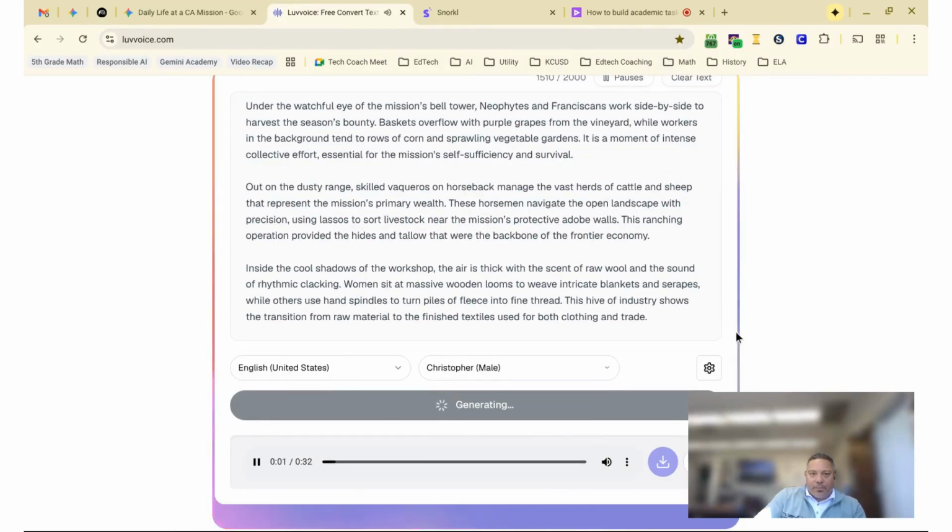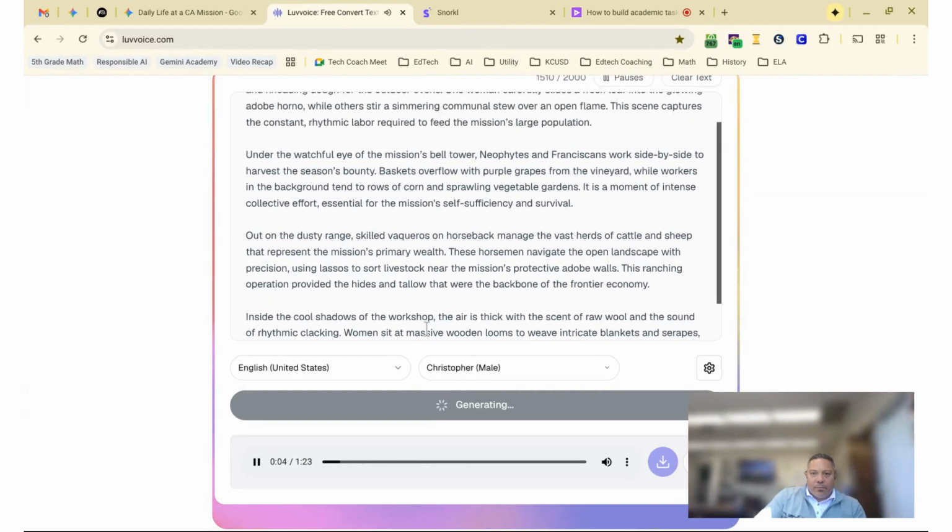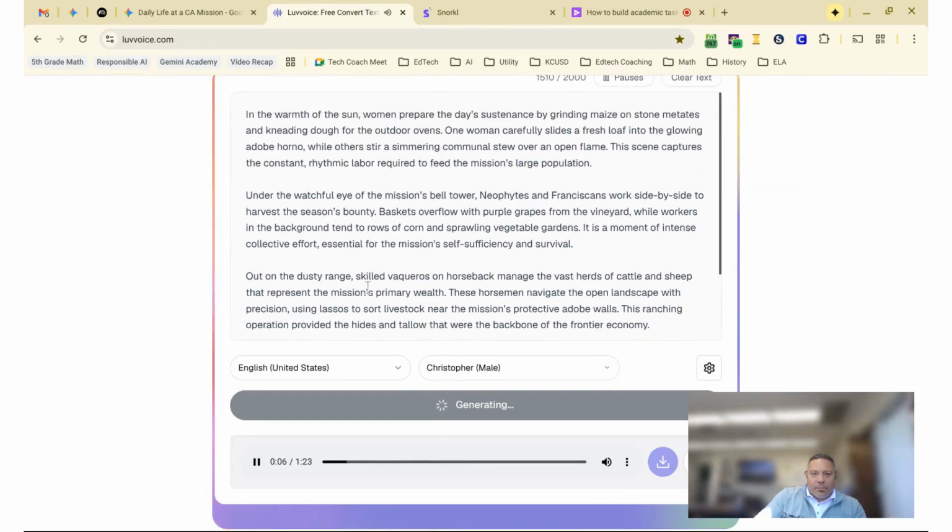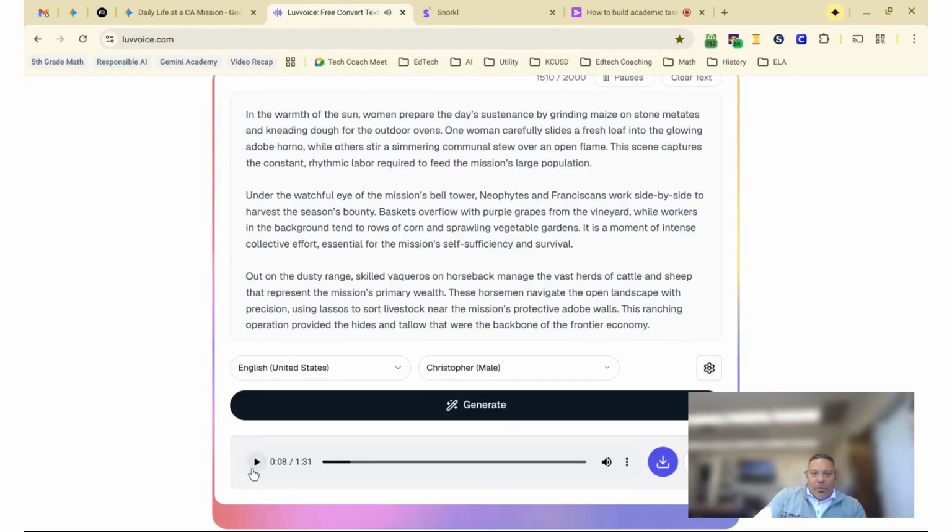In the warmth of the sun, women prepare the day's sustenance by grinding maize on stone metates and kneading dough for the outdoor ovens. One woman